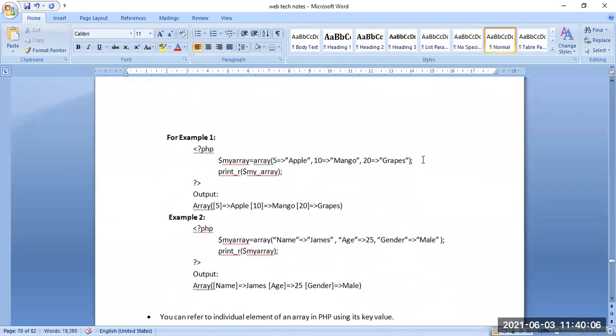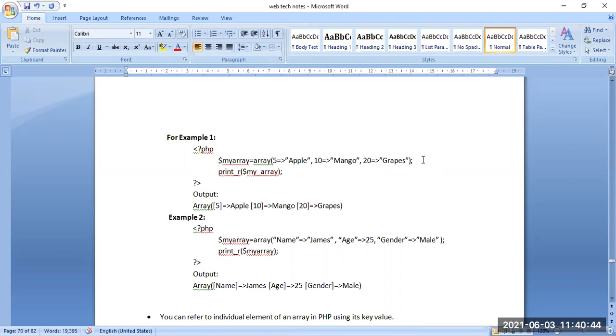Here are some examples of how to create an associative array. First, we need to mention what coding platform we are using, that is PHP. Then the array name is my array. My array is array 5 to apple, 10 to mango, 20 to grapes.